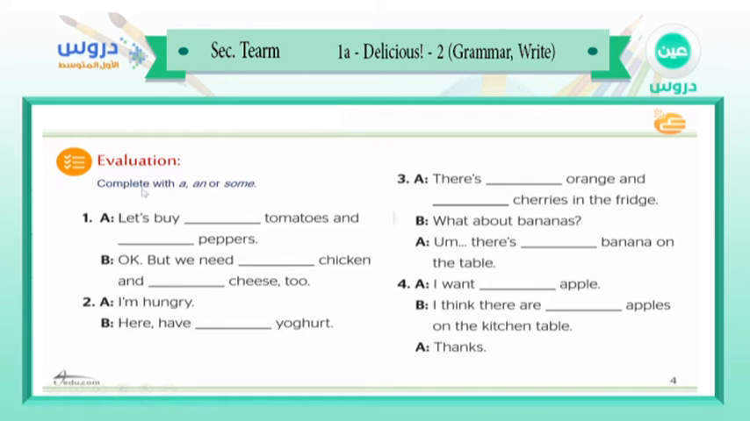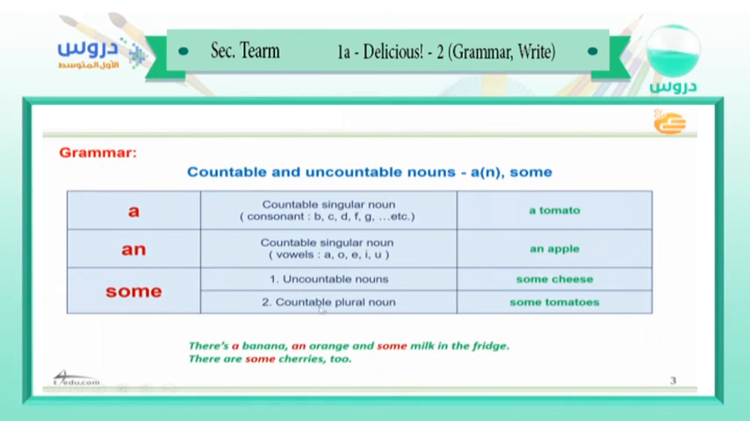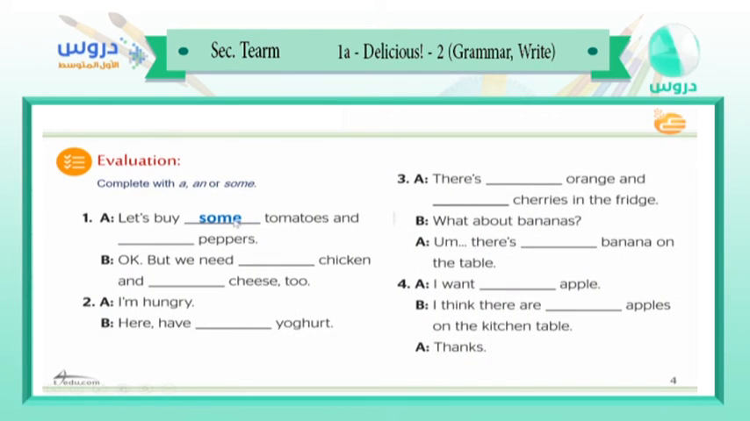We have an evaluation: complete with a, an, or some. Let's see. Number 1, A. Let's buy tomatoes. Tomato, 1 tomato, 2 tomatoes, 3 tomatoes. So it's countable. It's plural. Countable, plural noun. So we have to use some. Excellent. Let's buy some tomatoes and